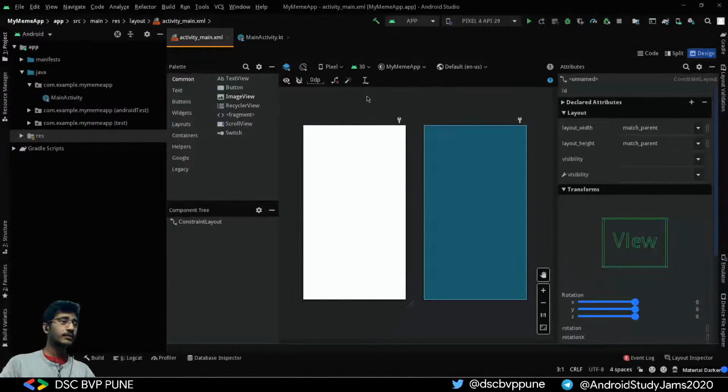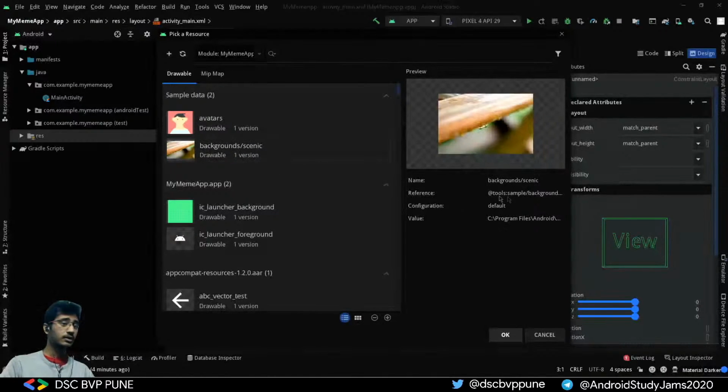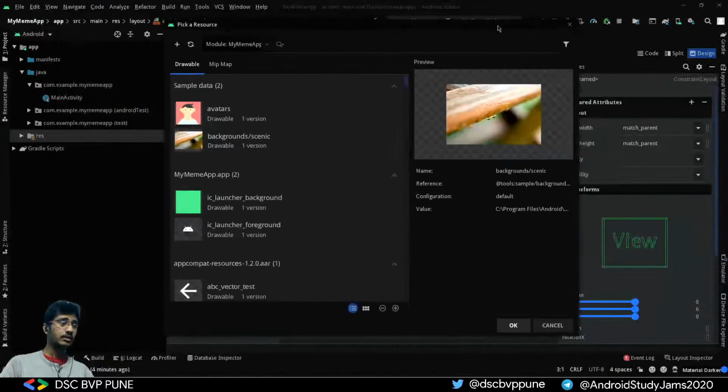So let's add our first meme template. Okay, so you want to drag an image view from this palette and into the canvas here. Okay, a new window opens, and here you can see a background. Okay, here's the value. Wait a second. See here. Okay, here's the reference. Here's the value. Here's the name. So we will create a new